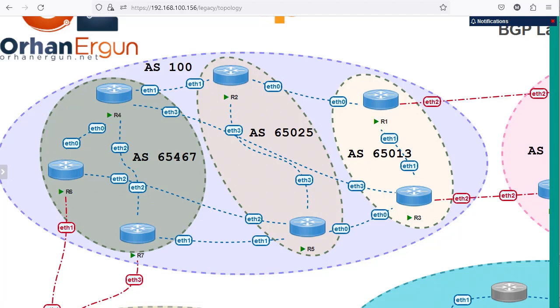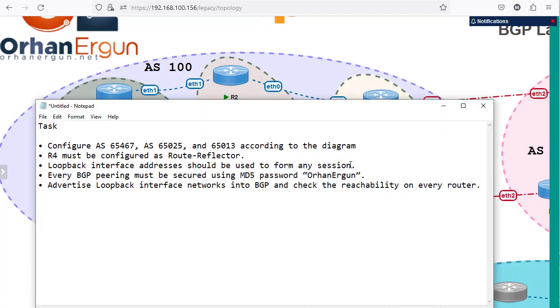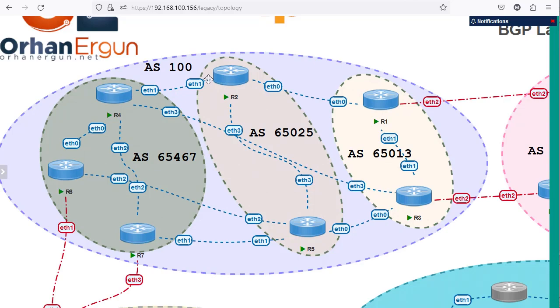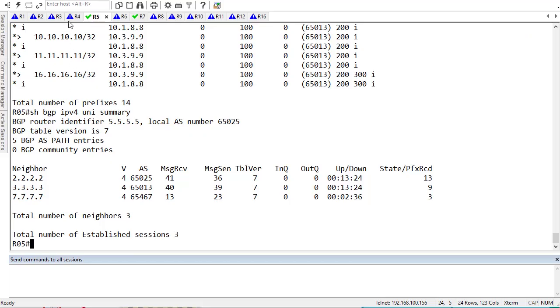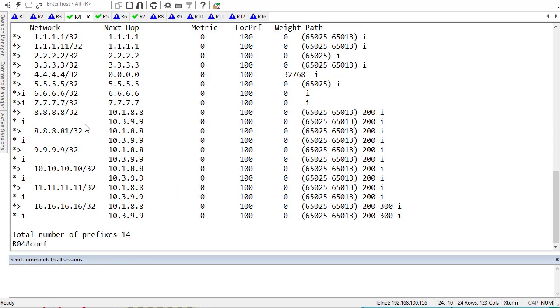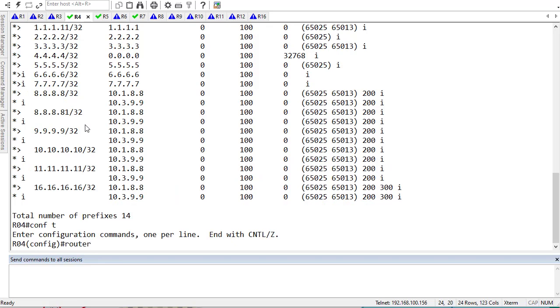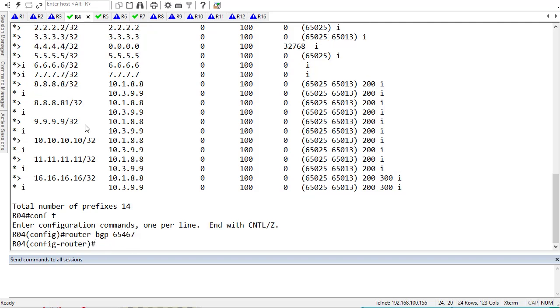Next part of this asks us to configure authentication using this password. And like I said, that is super simple because that's just one line of command. I'm just going to do it on one of the routers. Let's say between router 4 and 2. So I go to router 4. What I'm going to do is to go to configuration mode, router BGP 65467. And if I show you the running configuration for router BGP,